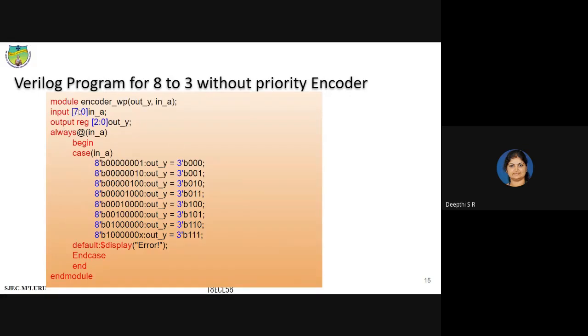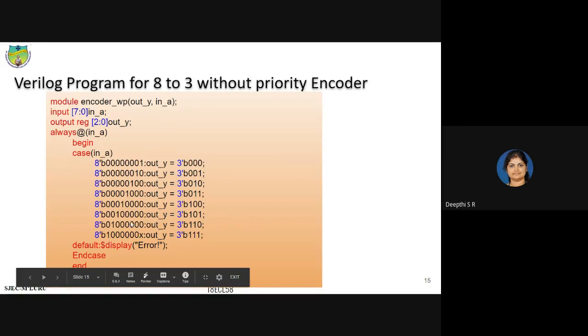The input is 7:0, total 8 bits. Output is 3 bits, 2:0. Inside the case statement, you are giving 8 tick, that means 8 input bits with the combinations 00000000, 00000001, then 00000010 like that. Output is 3 tick 000, up to 111 you have to give. So this is the only change.